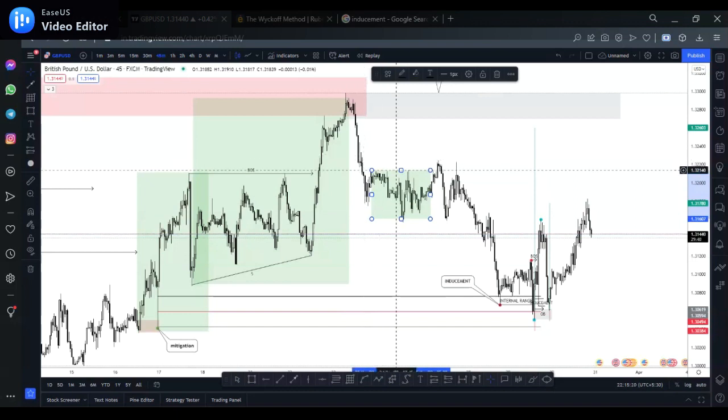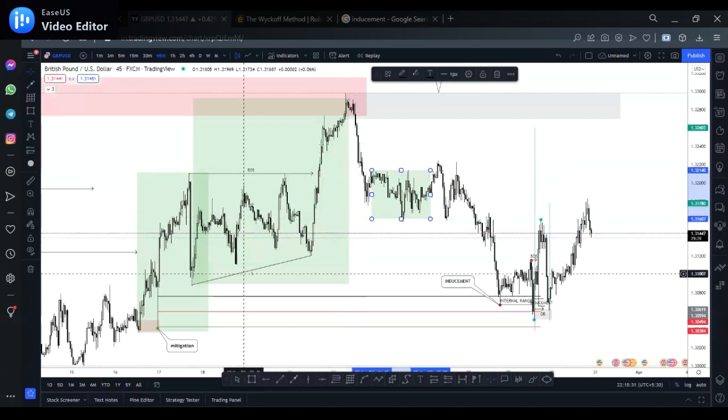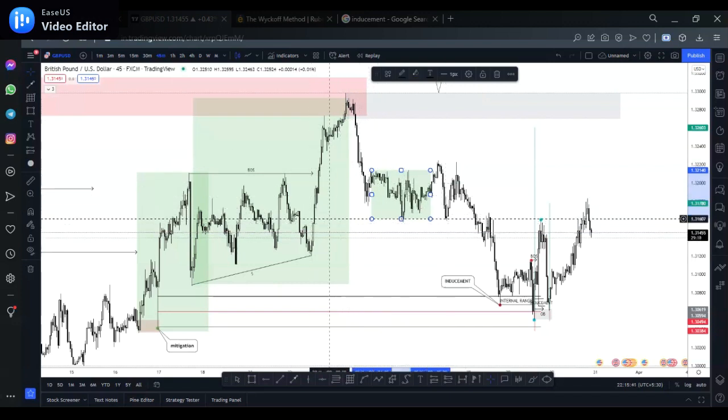Okay. So now they took out the high of this range, which means they mitigated this supply zone, because now your attention should be looking for sells, because they're back into this range here, and they're heading for this liquidity, right? Stop looking for buys. Stop trying to counter trade this when it's on the downtrend and it hasn't grabbed any liquidity yet. So it has to grab liquidity.